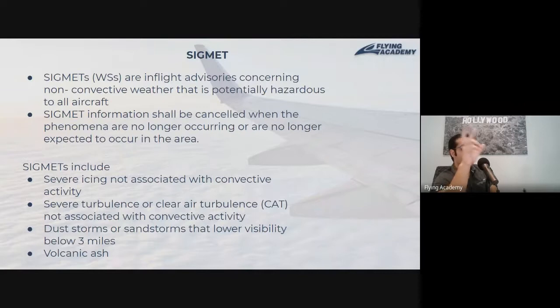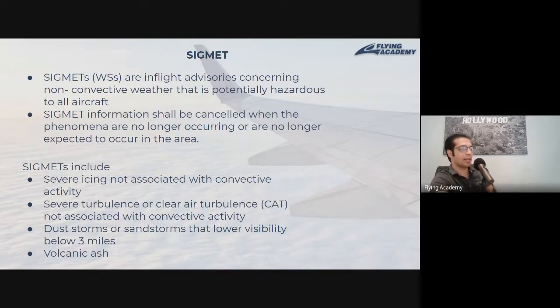If there is a convective thunderstorm, it will not be included with SIGMET. So any severe icing that is not associated with convective activities, and severe turbulence or clear air turbulence, CAT, as I mentioned, again not associated with convective activities,